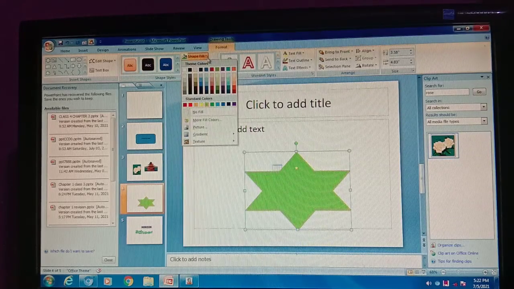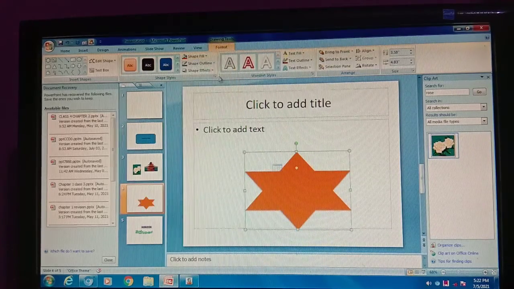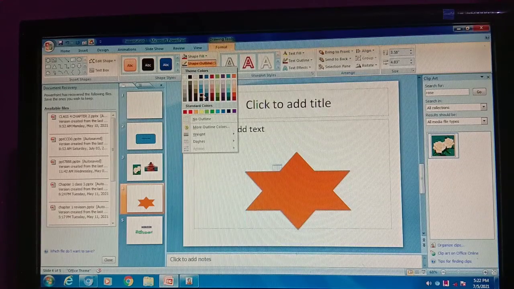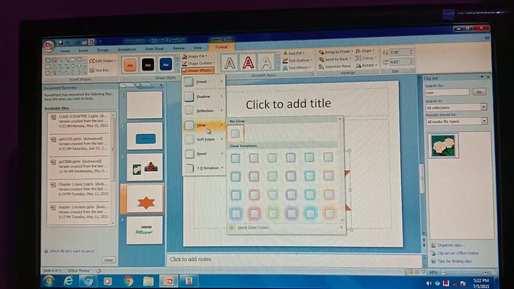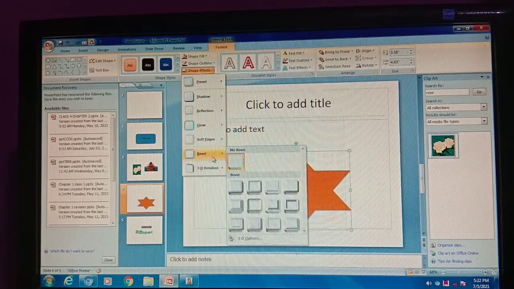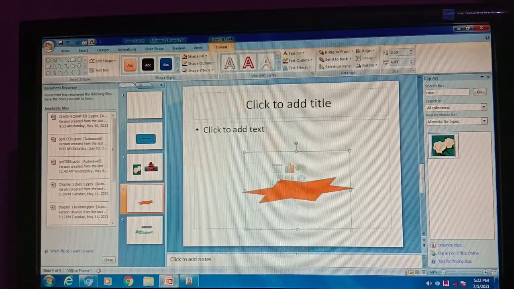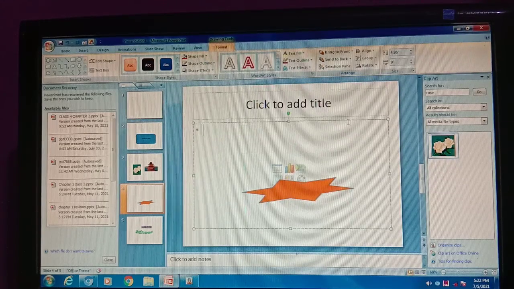We can change the color from here also. And we can change the outline also like this, and the shapes also. If you need a glow, you need a 3D type of star like this. So how to insert a shape?